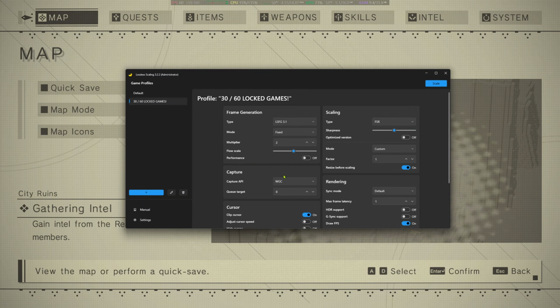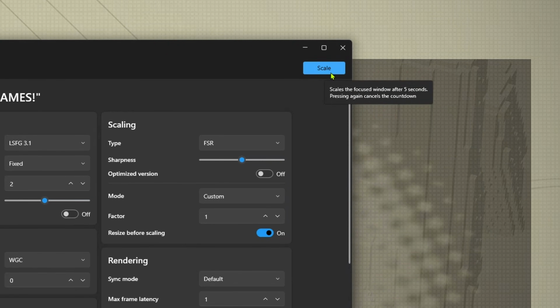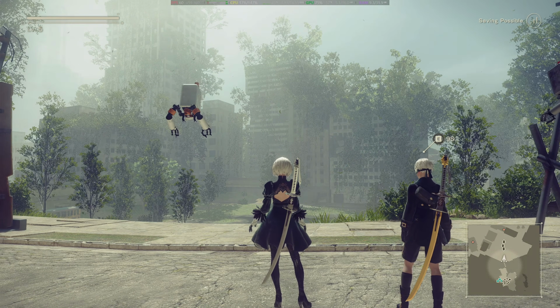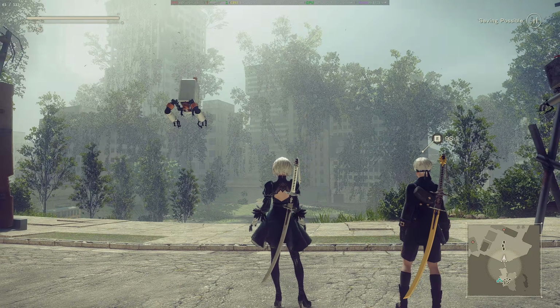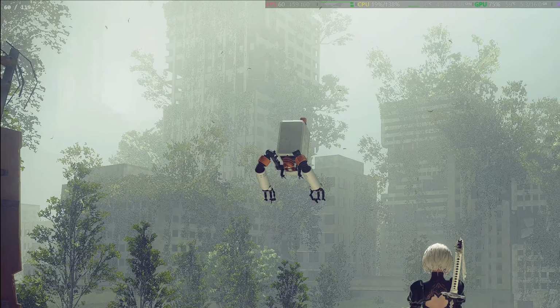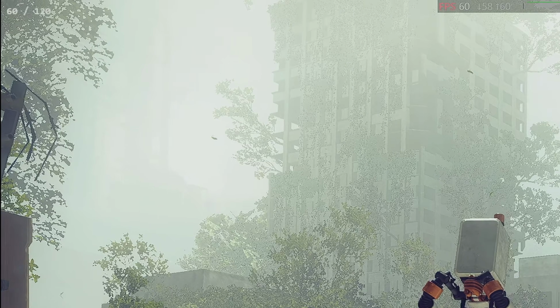Make sure that the new game preset is already selected. After that, simply click on the scale button over here. And then, quickly get back to the game window by pressing Alt plus Tab keys, and wait for a few seconds, and bam! Nier Automata is now running at a constant 120 FPS, with negligible and almost no input lag